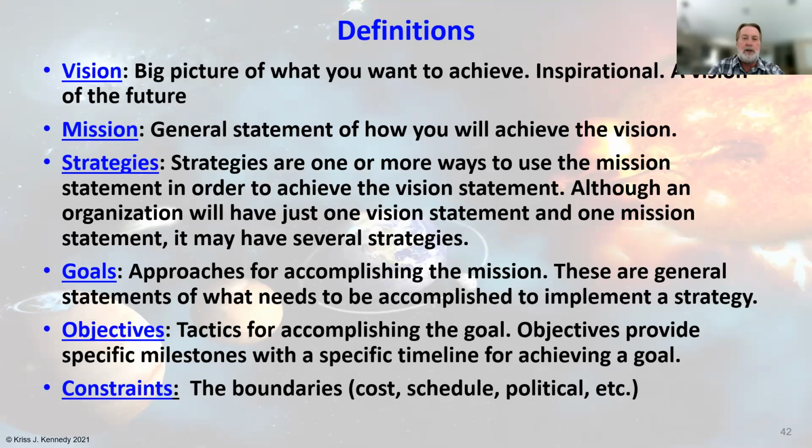So if one of the goals was development of radiation protection capabilities, then an objective would be to define radiation limits for crew members for long duration in the time frame of 2030, to develop maybe electromagnetic protection capability by 2035. These are examples. And then the constraints are those boundaries: cost, schedule, political, etc., that always influence the design of